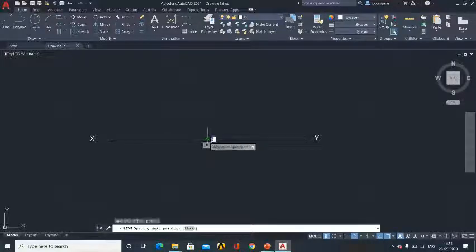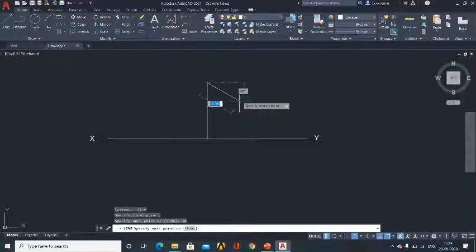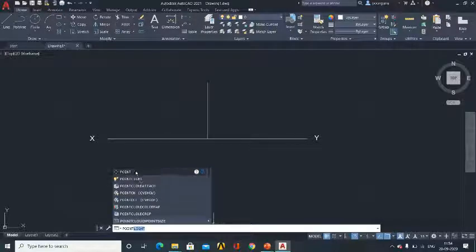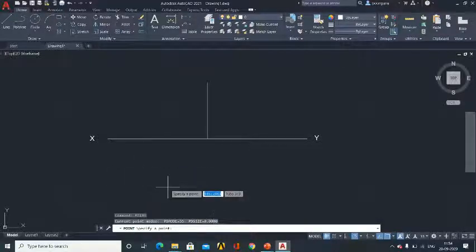So click there. First I need to draw, make sure that it's vertical, so 90 degree. First I need to draw a 30 mm line. Press escape. I go to the point command, and before using the point command, make sure that you have selected the point type. I have already done that. So you select that point.